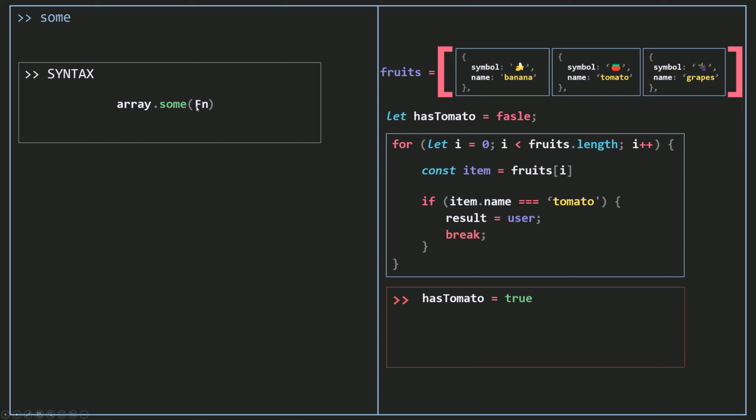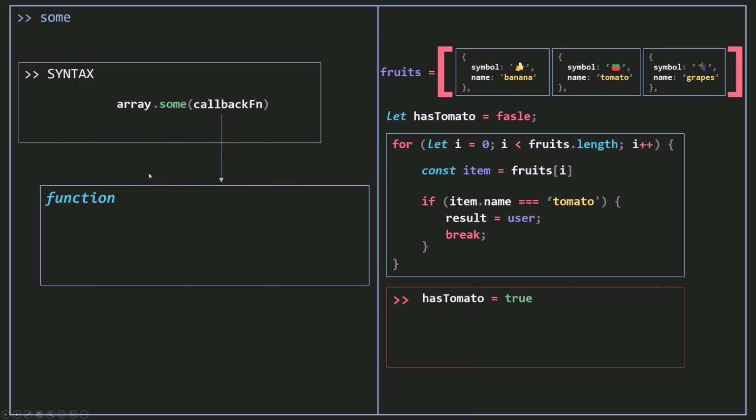Now, because I'm passing a function to another function, we call this function a callback function. Now let's talk about the callback function. You want to create a function using the keyword function, and then you need to give it a name, any name as long as it's not reserved, and then the parameters that are going to be passed by some to your callback function are